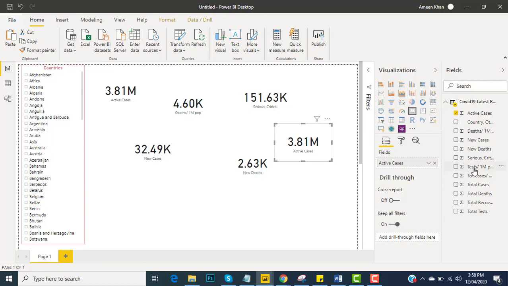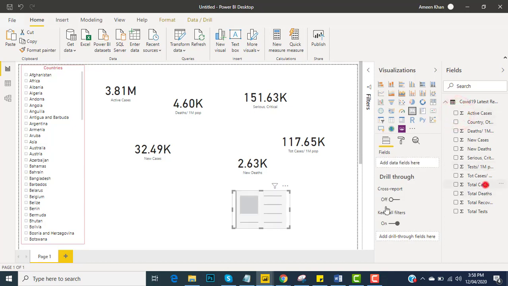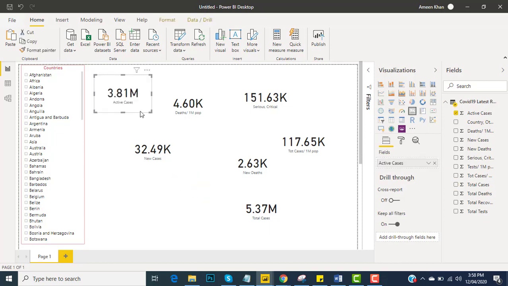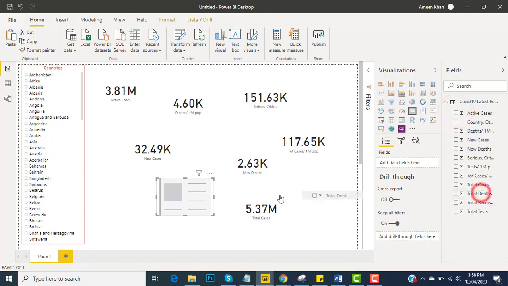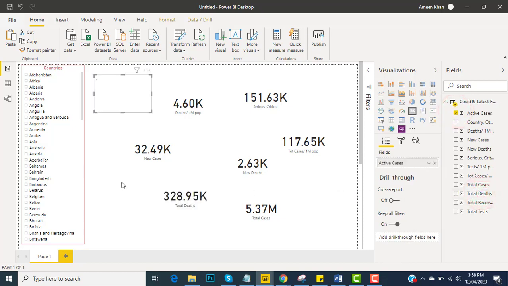I will drop this tests per 1 million population and put it over here. I will do total cases, again Control V, and then total cases and Control V again for total deaths,